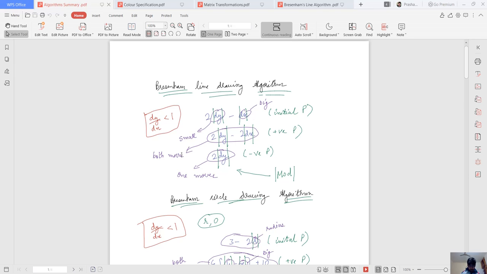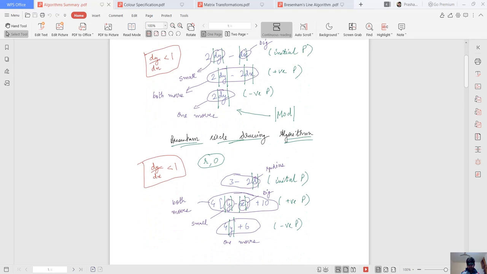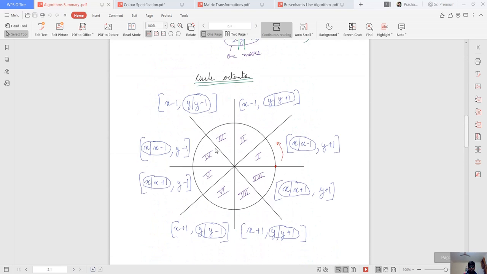So both moves and one moves, and the forward one should be small. Similarly, here is the radius. Here also, both moves and one moves. If this is positive, like the previous one, then both move. And if this is negative, then one move. And similarly, in this also, we have to make 8 octants.